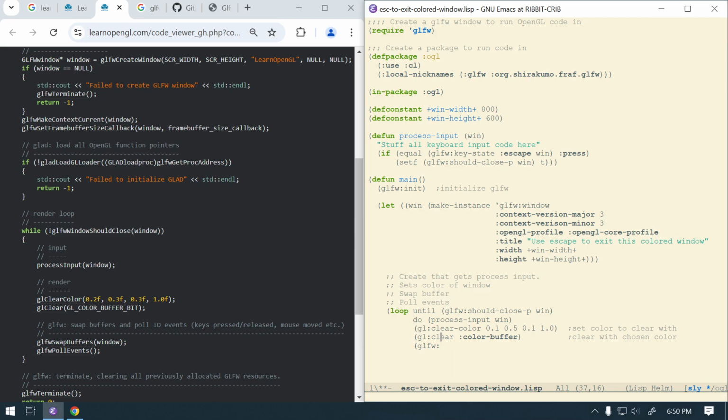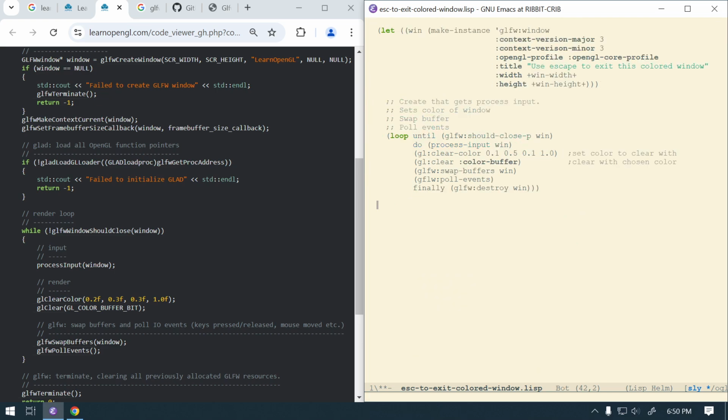GLFW. So these two lines are OpenGL code, that's why it's just a GL. The rest of this code I've been typing, it's GLFW code. So we'll say swap buffers. We have to tell it which window. And then now GLFW poll events. And then have a finally clause here. Finally, GLFW destroy window. So we can close the let there. And then now we'll actually shut down. Well, my finally should,